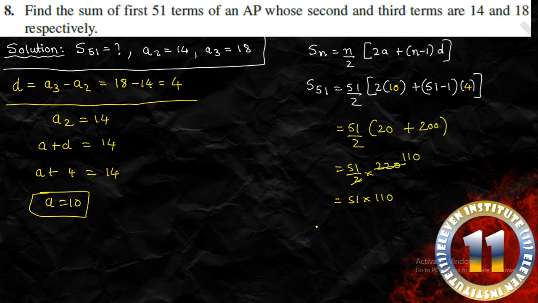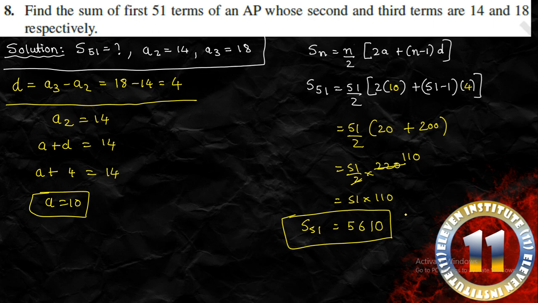Now this is again very easy. Forget this 0. So you have 51 into 11. So how will you multiply 51 with 11? See, this is 5, this is 1. Right? Keep some space between them. Now add both these numbers. So 5 plus 1 will give us 6. So 561 is the answer of 51 into 11. And now this 0 will come over here. So your answer is 5610 for the sum of 51 terms of given AP. I hope this is clear to you. Please pause the video and write this down in your CW.